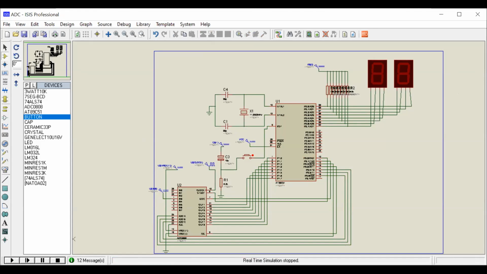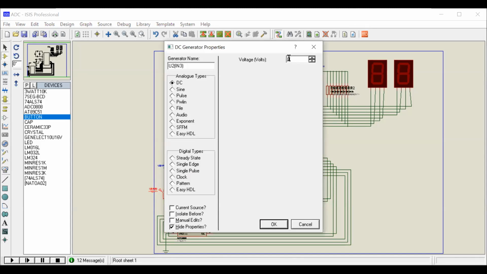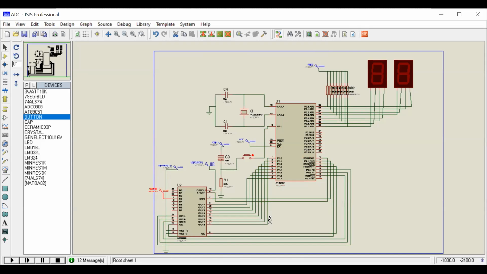Next, stop and check one more value of the analog channel. It is 5 volts. For 5 volts, the maximum reference is 5 volts. 2 power 8 is 256, starting with 0 and ending with FFH, so we can expect FF here. If FF comes, then our circuit and program are working successfully. Otherwise, there is a mistake in the circuit or in the programming. Play the simulation again. We got FF. So for 5 volts, the maximum output is FF.